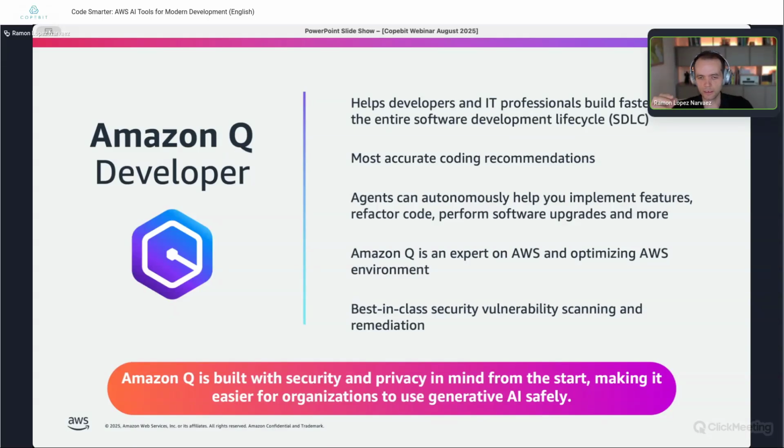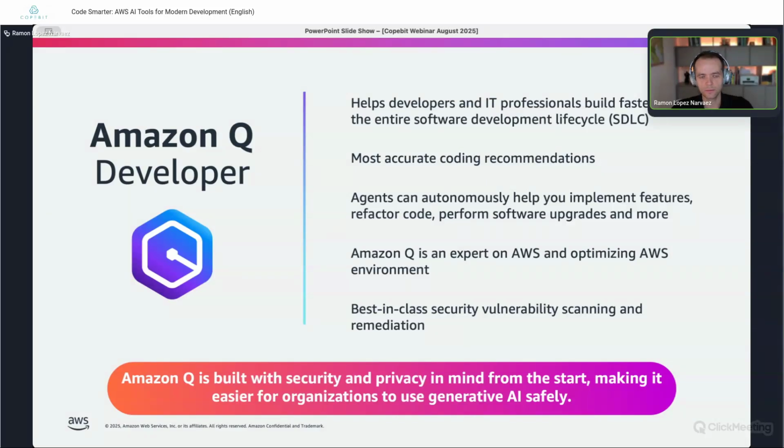So Q is this assistant that is not only, as I mentioned, in your IDE, and it's also not only meant for the very typical software developer. Actually, in my own experience working with customers over the last year or two with Q Developer, we see more and more roles, could be data engineering, can be on the operation side of things, people working with infrastructure as code, people working with Terraform.